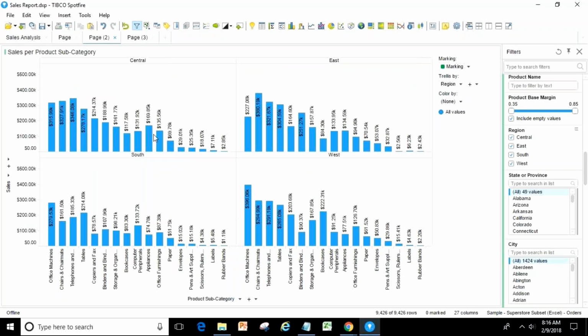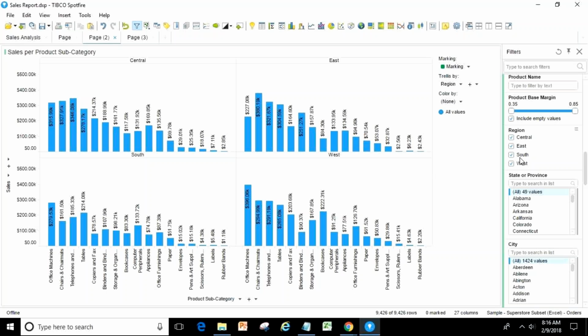Your one bar chart is converted into 4 different bar charts. It's kind of sectors. One bar chart is converted into 4 different bar charts because 4 different values are there for region. Okay. Because I have 4 regions. That's the reason for 4 sectors, segments, 4 divisions. Okay. If I have 10 regions, there will be 10 divisions.